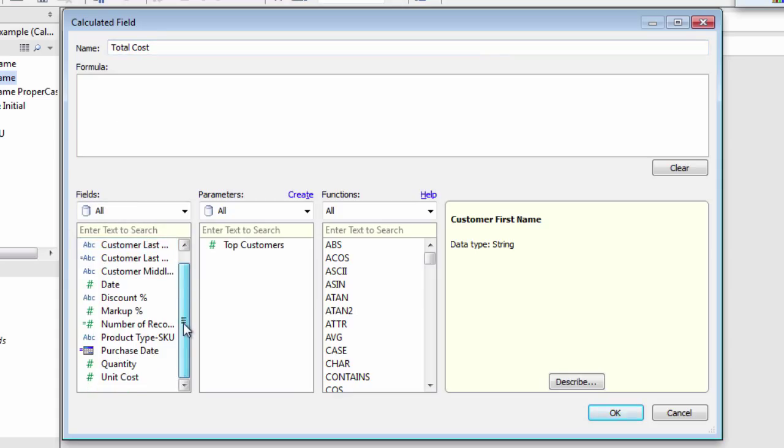Then look for necessary fields in the Fields box. Here, I want to calculate total cost by multiplying quantity by unit cost. So I'll find quantity in the Fields list and double-click it. Now I want to multiply, so I'll type a space, asterisk, and space, and then double-click unit cost in the